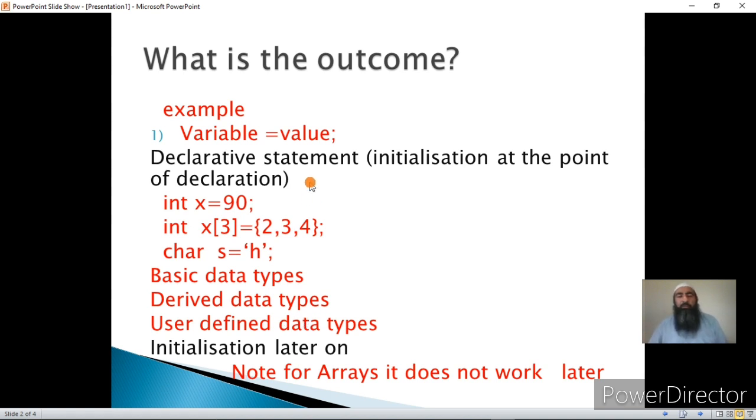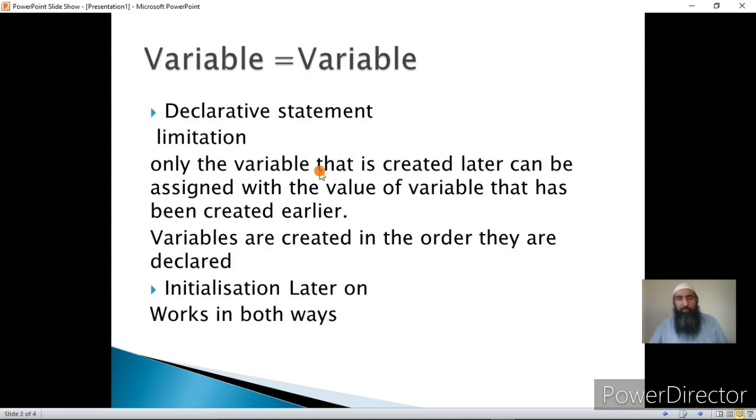Now in this method I have shown how we can assign a constant value to a variable. We can assign constants to a variable at two places, either at the point of declaration or later on. I have shown you different possibilities. Now we'll go to another type of assignment statement where variable is equal to variable.